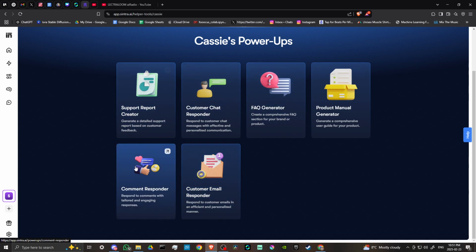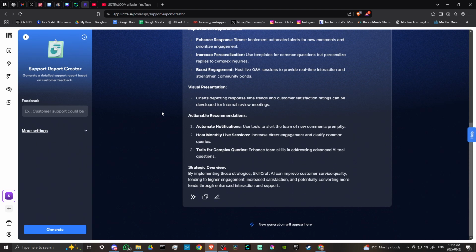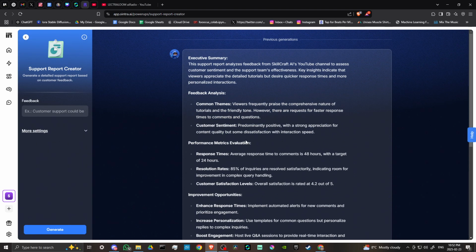Let's go ahead and go through each of the options here. Let's start with the support report creator. Before, we already generated this, and this was the result. What you want to do is make sure that you at least put some information here under feedback. In this case, I asked for a report on our YouTube channel, and this support report analyzes feedback from Skillcraft AI's YouTube channel to assess customer sentiment and the